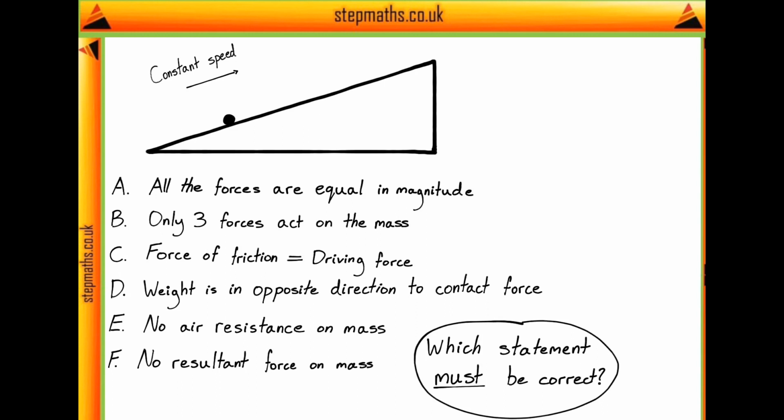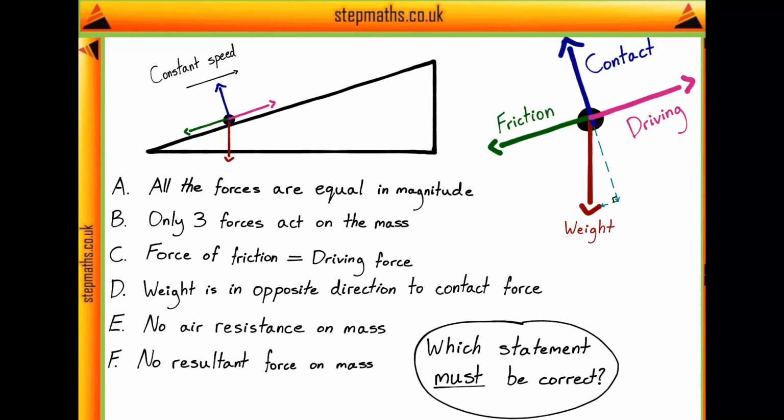Now, looking at all of these statements, we see that they're all about forces, so the best thing to do is probably to label the forces acting on our ball on a diagram. Here I've labelled the forces on a diagram, then I've blown it up over here so that we can see the forces a bit more clearly and try and compare them a bit more accurately as well. It's also worth noting that I've resolved the weight into the component perpendicular to the slope and parallel to the slope. The reason I've done this is because perpendicular to the slope, this component of the weight shall be in the same direction as the contact force,